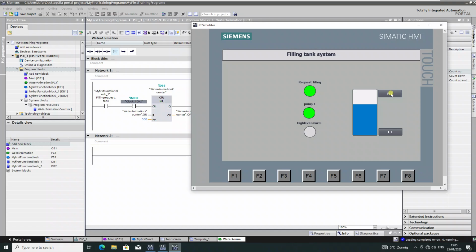So when it's up to high level, the tank is full of water, you see? But at this moment, I will do it manually. Done. You see, when the high level is activated, you will get an alarm and the pump is stopped,